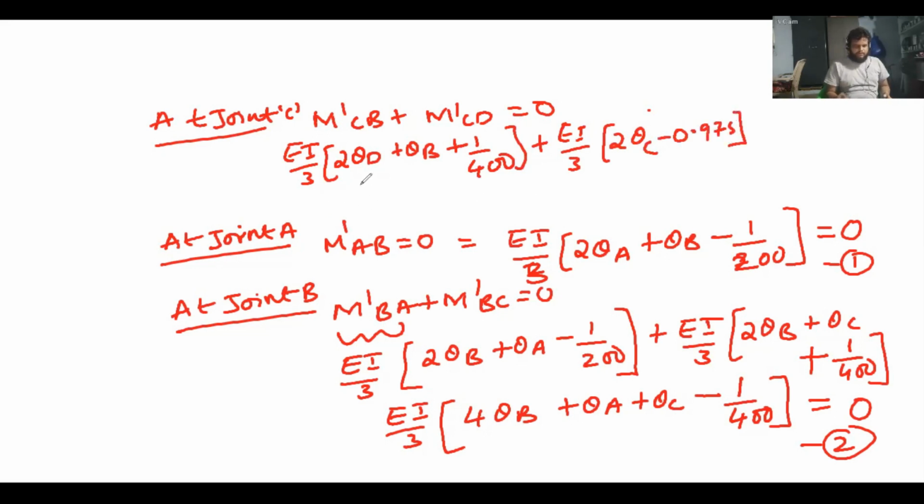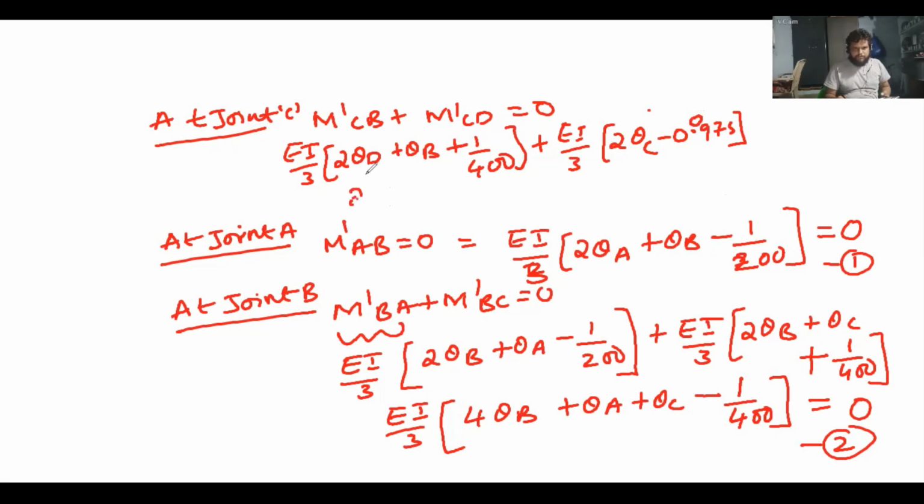Okay, so if you solve this, this is minus only, because theta D is minus 0.1. Okay, minus 0.1. Plus 3 into 5 into 10 to the power of minus 3 whole divided by 6. This is how much? 0.0975, right? So minus 0.0975 plus 1 by 400. I am taking out the constant. This is minus 0.095, right?